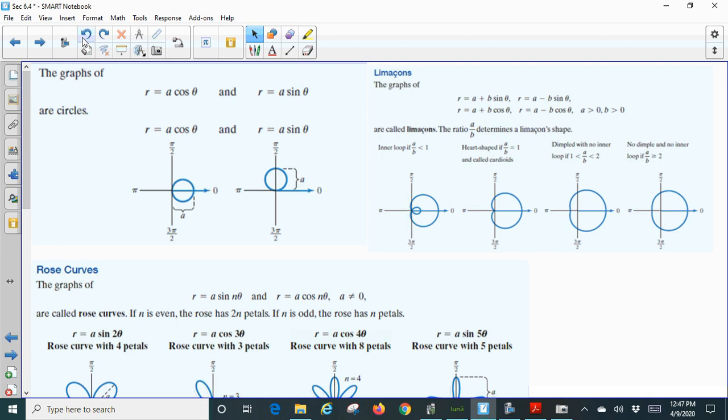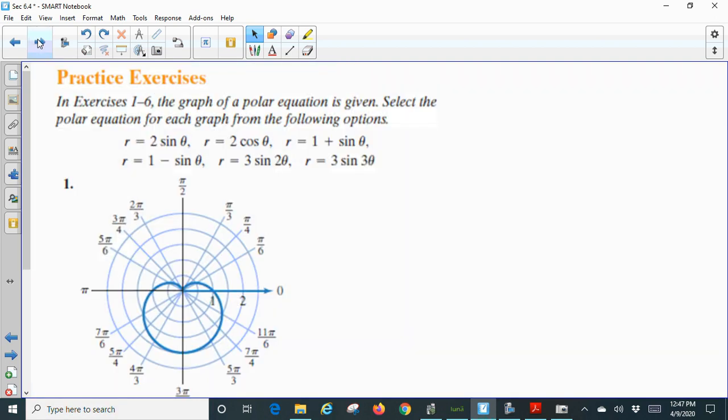Be able to understand the circle, or do a circle, know where the center is, know where the diameter or radius is, and so forth. So the diameter is A, and the radius will be half of A. The center would be to go out half of A from the pole. When it's cosine, you'll be on the polar axis. Now, if A is negative, you're going to go to the left. If A is positive, to the right. Same thing here. So that's what I would ask you